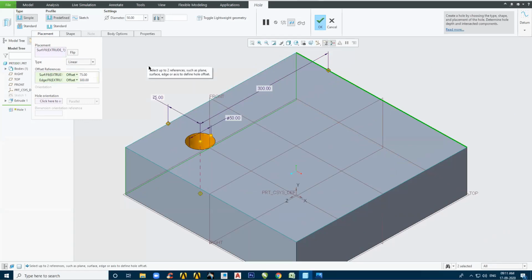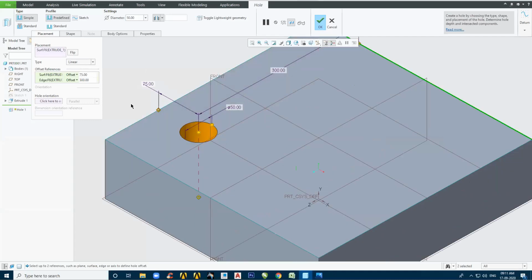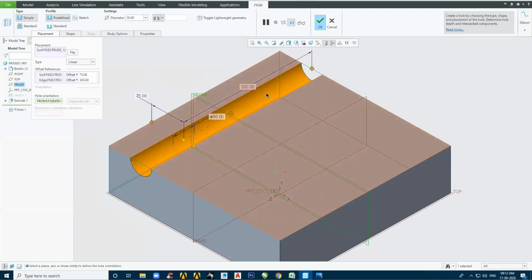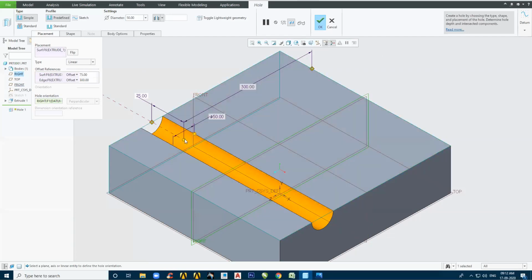This is done. Now in CATIA also we had the option whether I need a perpendicular hole or whether I need it aligned with a specific axis. That is over here, hole orientation. I can change my hole orientation. For example, I am clicking here on this collector and clicking on this plane. You will notice that now my hole is something like this with respect to this plane. It's perpendicular. So this is the collector for it. I can click on this plane, and it is made perpendicular to that plane. Understood?